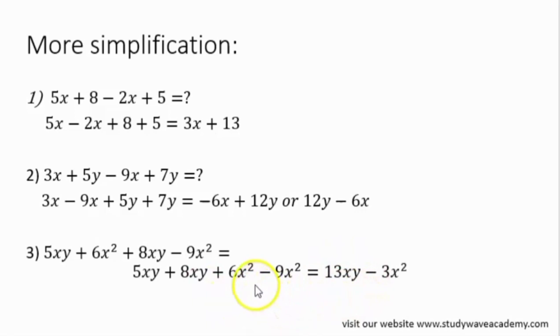Then we move over to our other expression, 6x squared minus 9x squared. You know 6 cannot subtract 9, right? 6 minus 9 will give us a negative. And in mathematics, when a plus sign and a minus meet, it becomes minus. So 6x squared minus 9x squared gives us minus 3x squared. So the simplest form of this number 3